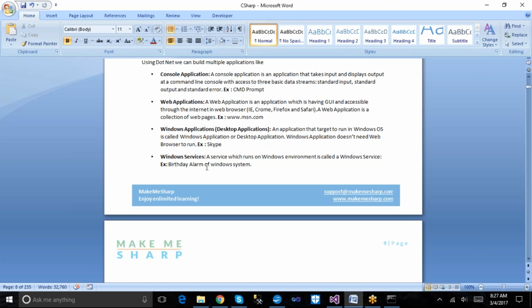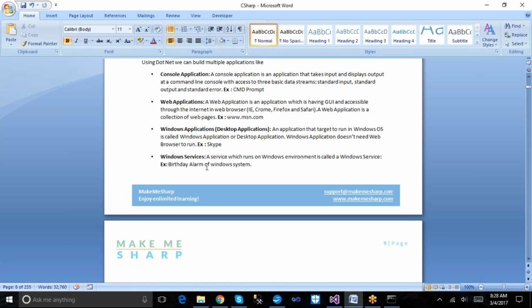With respect to Windows or Microsoft, we have one web server which we call Internet Information Services. That IIS automatically comes along with our Windows operating system. We don't need to install IIS on our machine. It automatically comes along with the Windows operating system.